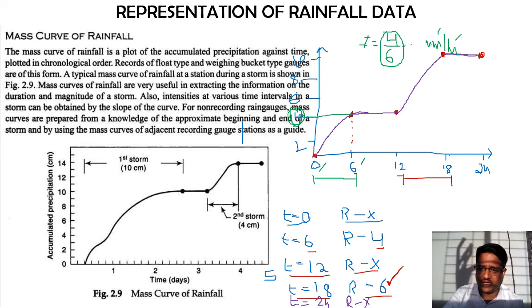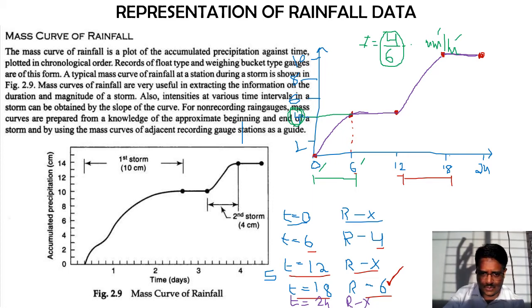Intensity of rainfall from this rainfall mass curve, how do they usually get it? Your intensity of rainfall is measured in terms of depth divided by time. So 4 is the total amount of rainfall that has occurred. With our example, 0 to 6 hours, 4 mm of rainfall has occurred, and for this 4 mm of rainfall to occur, it has taken 6 hours. And if you want the intensity of rainfall, that will be 4 mm total rainfall divided by the time. So how are you going to get this? It is as good as taking a slope over here.